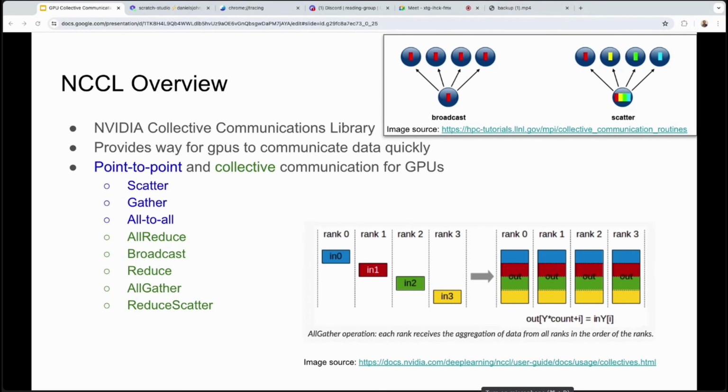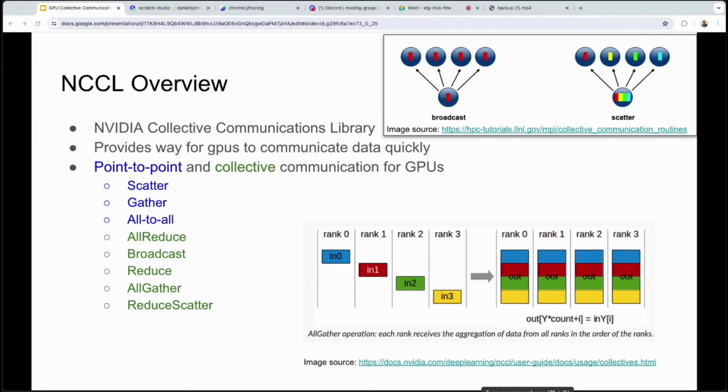Another example is scatter and broadcast. These are other collectives or point-to-point operations that you can use in NCCL. This is shown in the top right. And these two operations I highlighted because they seem a little similar, but there's actually a little bit of nuance there. So scatter involves one process sending distinct information to each of the other processes. So this is like a mail carrier delivering specific individual mail to each house. But broadcast involves one process sending the same information to all of the other processes. So this is like a radio station playing the same song, and each radio is tuning in and getting the